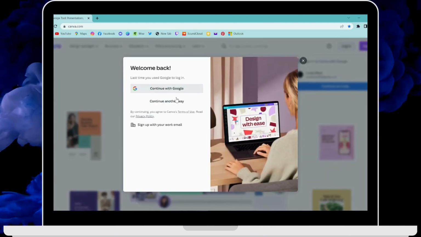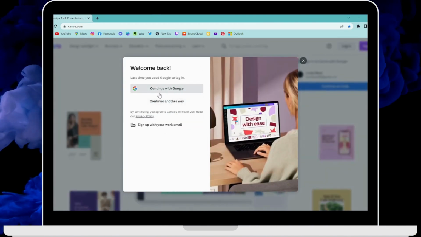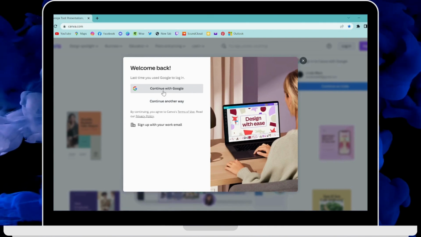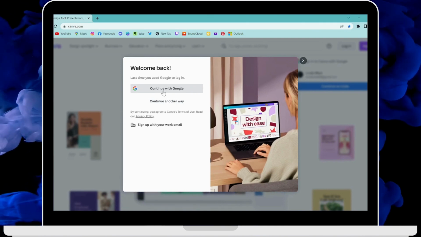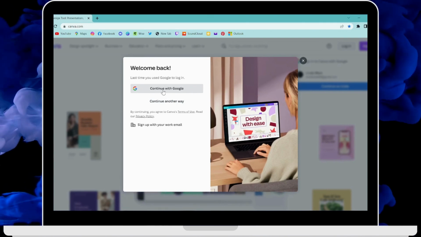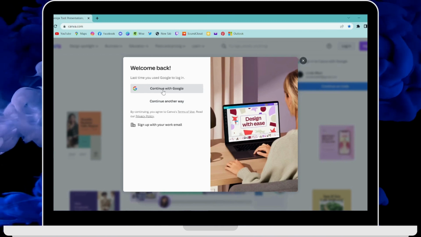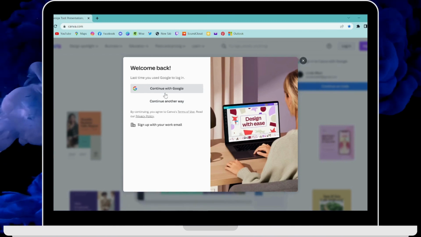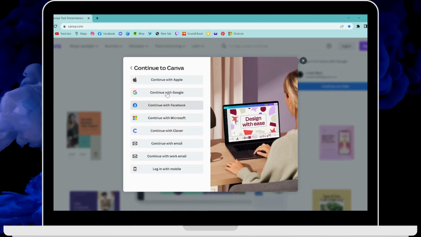And you will have two ways. You can continue with Google or you can continue with another way. So if you want to continue with Google, like if you have already created an account using Google, then you can click on here and then it will directly log into your Canva account. But if you want to continue with another way, then you can click on continue another way, and then you